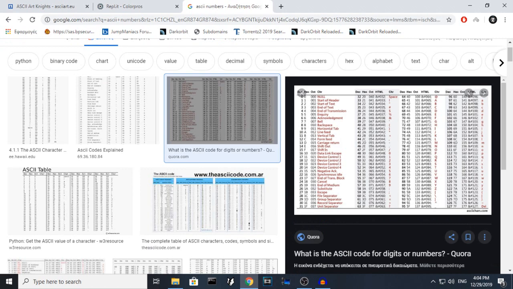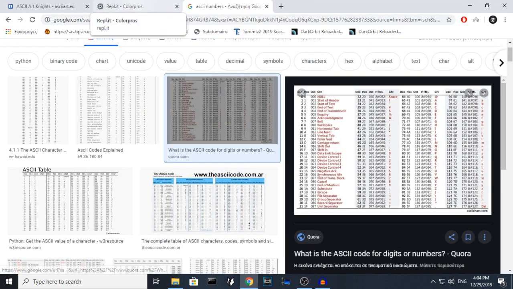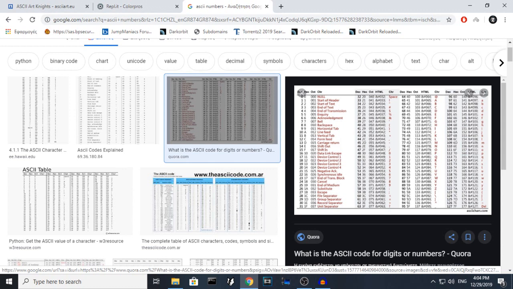So in the ASCII numbers, if the character J is bigger or equal to 97 and J smaller or equal to 122, which is Z, I pick up all the lowercase letters, right? If it is in this combination of lowercase letters,